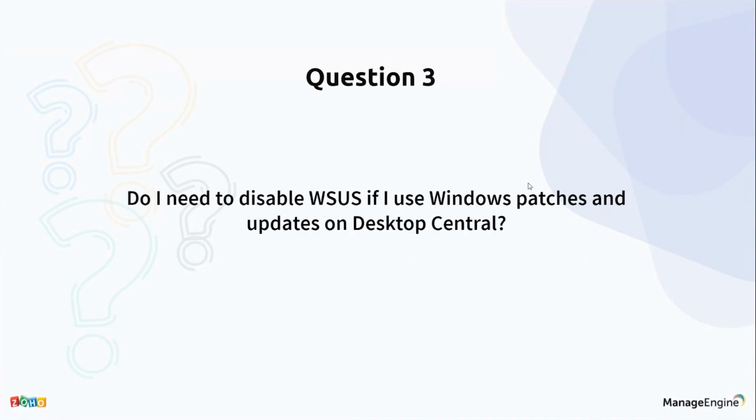Is it necessary for me to disable the Windows Update service if I proceed with Desktop Central patch management? Yes, we recommend you disable the automatic updates on Windows as well as other third-party applications so that you can handle all the patching activity from a centralized console. With Desktop Central, we will capture the details of the required updates and also the date and the time when it has been installed. So this will help you to get an audit report from the centralized console.